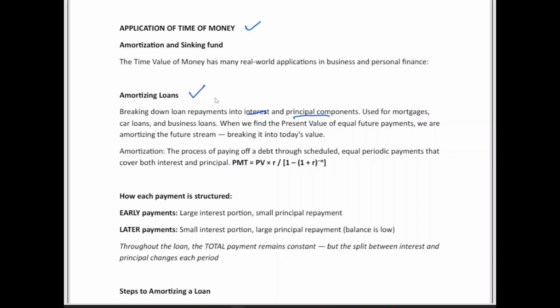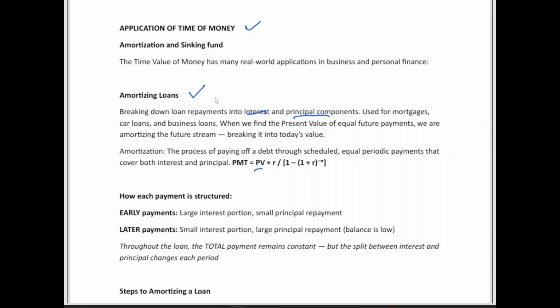So that is what amortization of a loan seeks to solve. So we are looking at the periodic amount which you should pay to cater for the principal and the interest. So the formula that you use is your present value times your interest, right, over